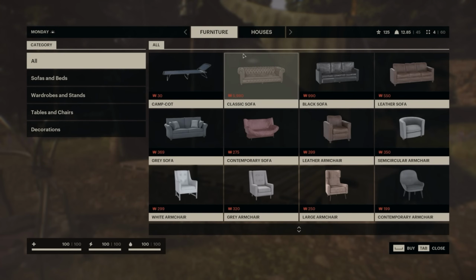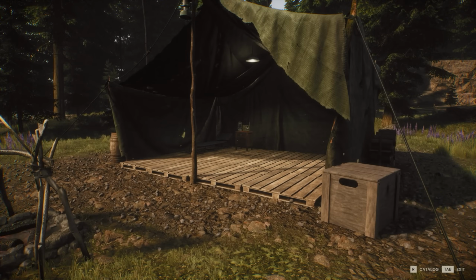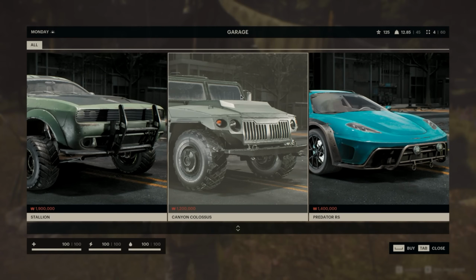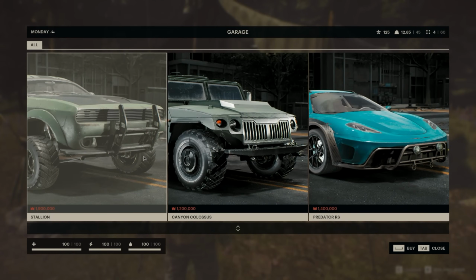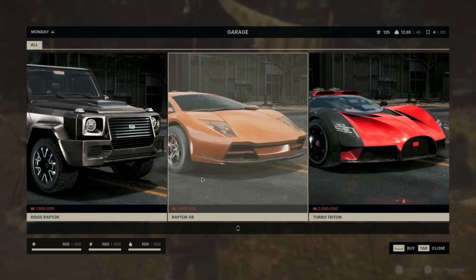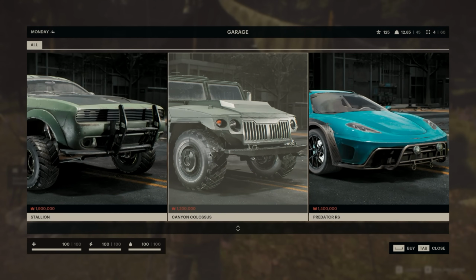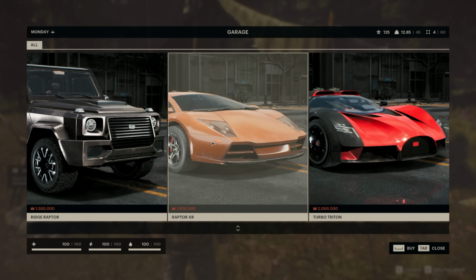Also, if we go out of here, you're gonna see something else. It's the garage. This is where you would have a vehicle. Now I know nothing about the vehicles because they're all over $1 million apiece. I would love to be able to test out a vehicle and tell you how it works. I have no idea how it works. I don't know if you